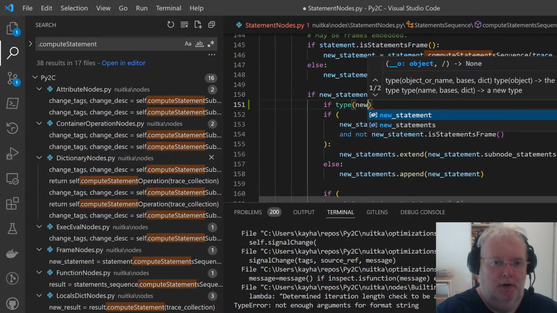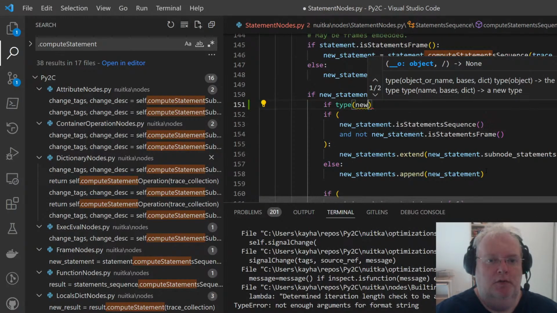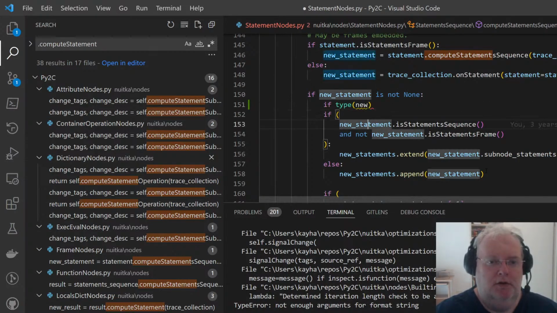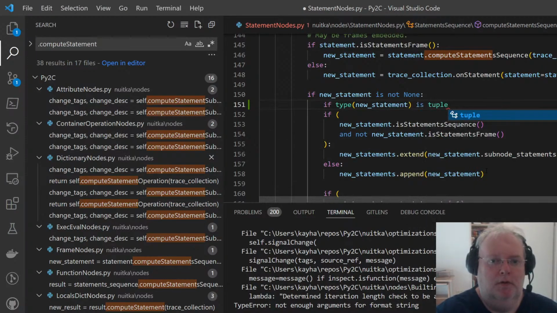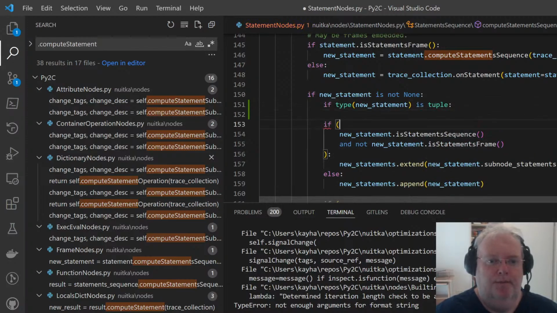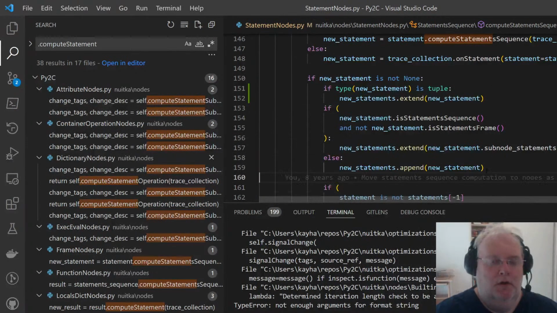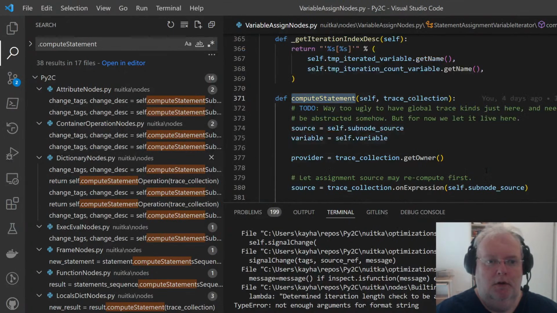I guess I wanted to avoid that kind of check, but I have to check it. Actually, type new statement is tuple. And now I could just not.